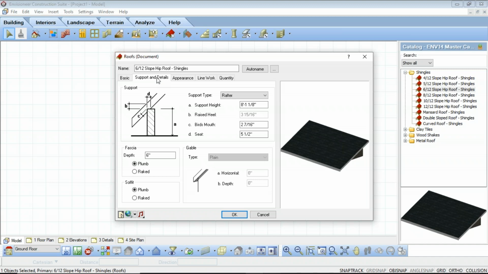We also have the ability to control the bird's mouth and the seat. So the bird's mouth is just a notch that is cut into the lower end of a rafter to fit it to the top plate of the wall. And the seat is the horizontal cut that is made when cutting a bird's mouth in a rafter. If I was to adjust this to be a truss, I would also have a raised heel height that I can add in. And the raised heel height is the portion of the rafter that rests on the wall plate itself. So here you can make those adjustments for how you want this to be framed